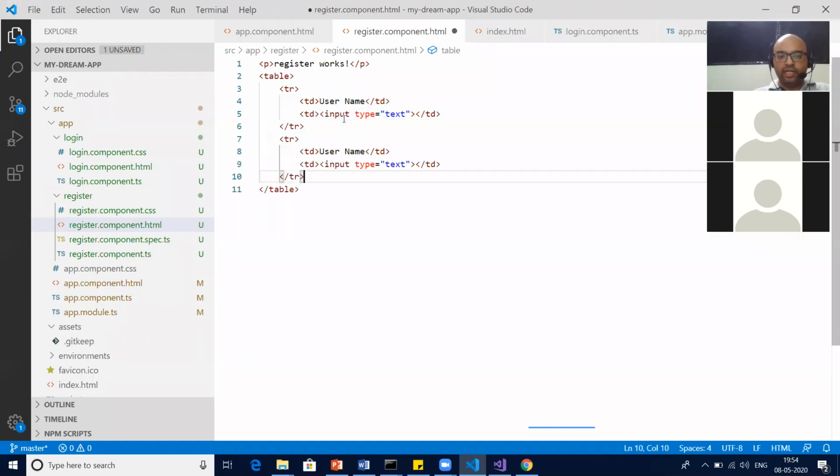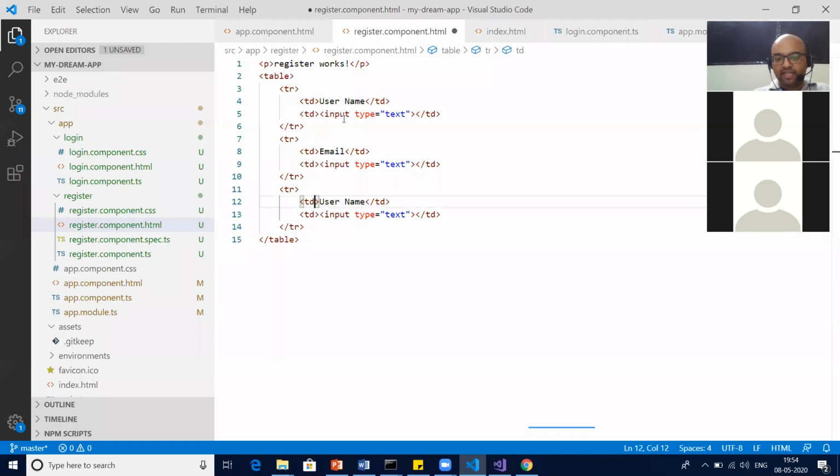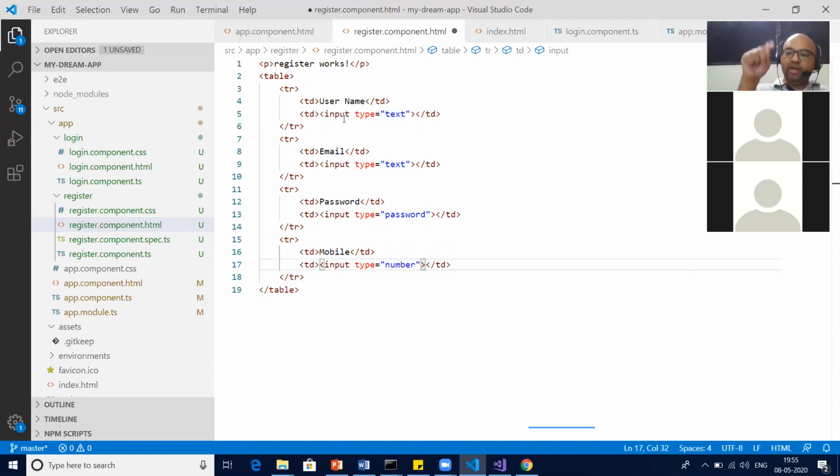As of now, just create the form. So username, email, again a text box only, and password, correct? A text box only, but your type should be password, so that when you type, no text is shown to the user. Then the last thing, mobile, and I guess then we're done. Mobile, your mobile number, so we can identify you. For mobile, I can say type is number, so that only numbers will be allowed.